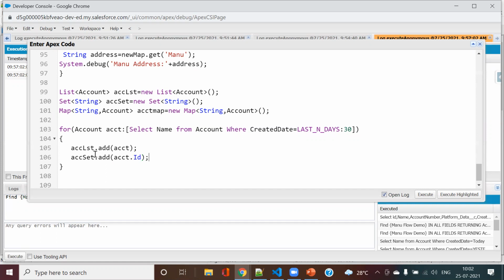Then the third thing, I will have this map, where my key will be the account ID and the value will be the account record.